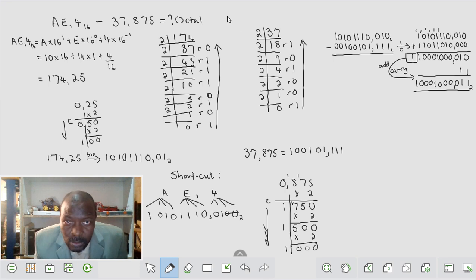Let's say you're told to take it to decimal, you then say 1 times 2 to the power of 1 times 2 to, we know the drill. But let's say our answer, we have to take it to octal. What we then do is, from the comma, we